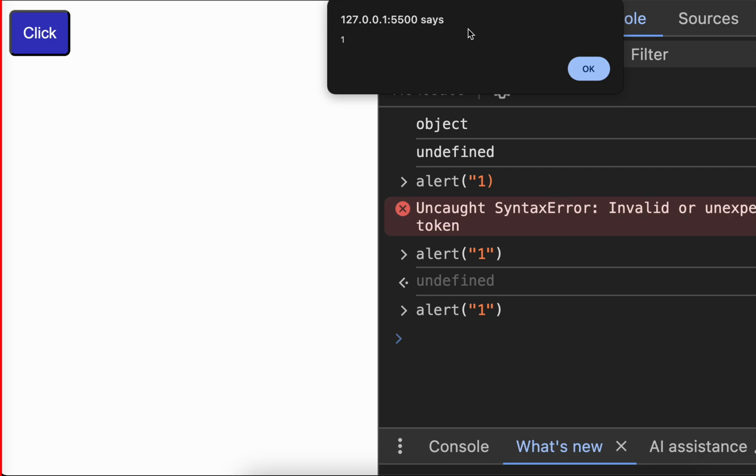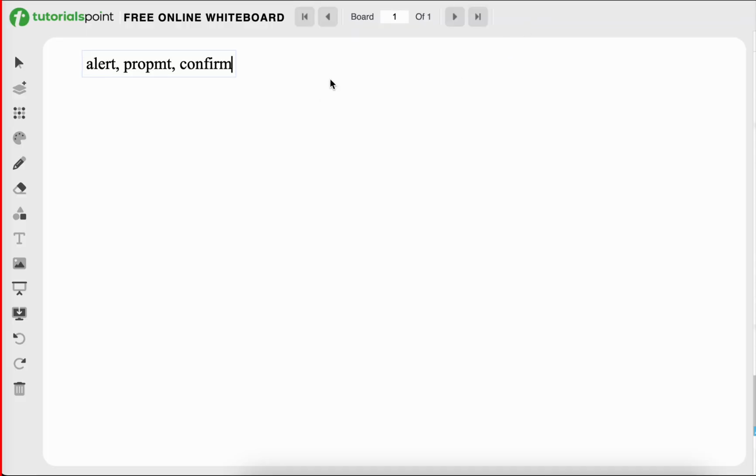So in this case, we need to press that OK only. Without this button, we are unable to see anything in this page. So this is regarding the alert. Okay, and we have one more thing,